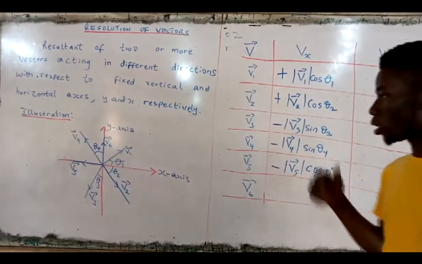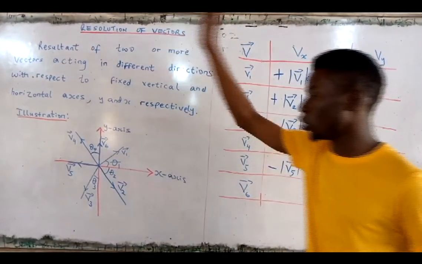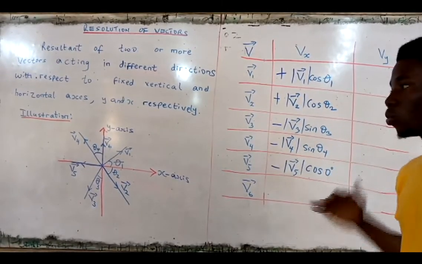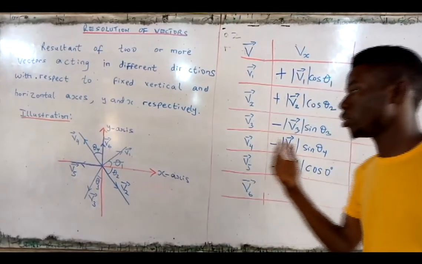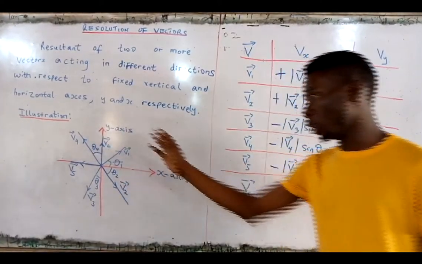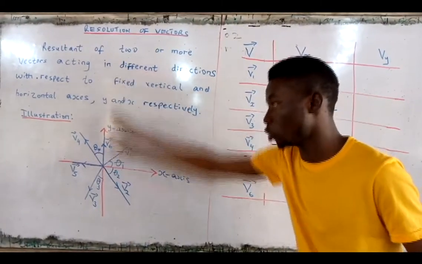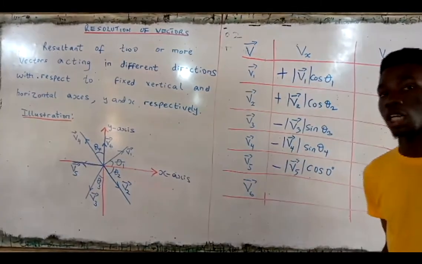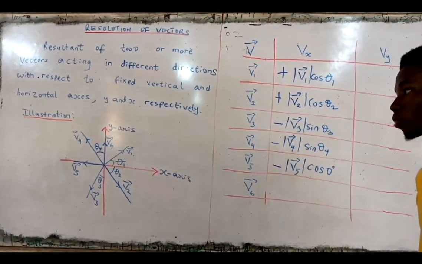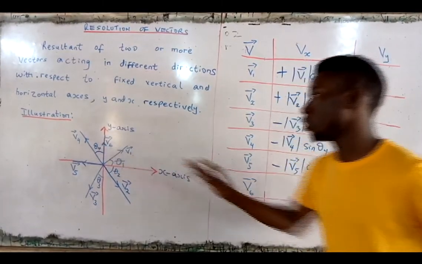Now, the case of vector v6, it is acting directly on the y-axis. Obviously, you cannot even determine what side it will take with respect to the x-axis because it is neither on the left nor on the right of the x-axis. We can say v6 is neutral as far as the x-axis is concerned. So the sign is indeterminate first. Now, if we represent the magnitude, which is the magnitude of v6,